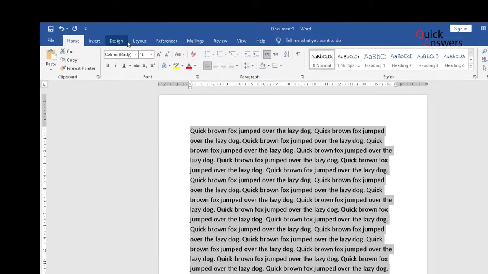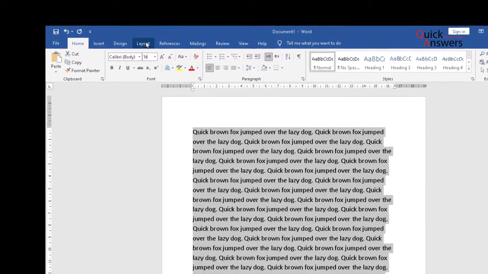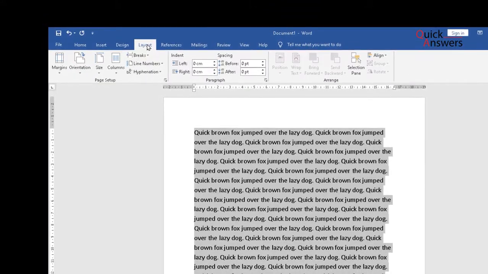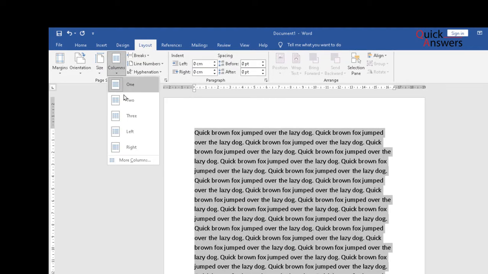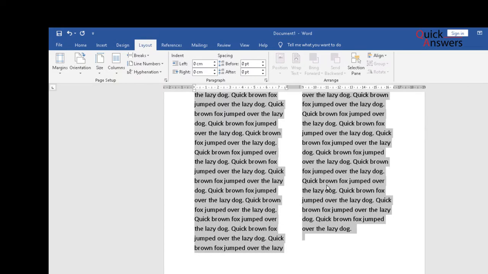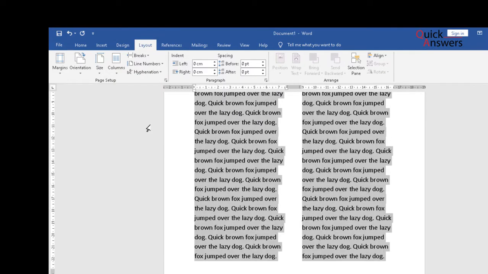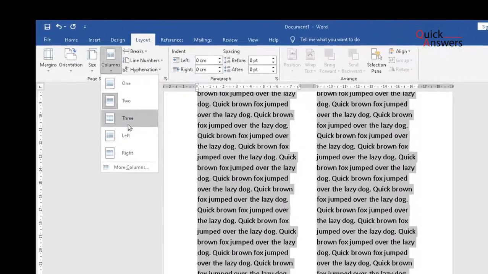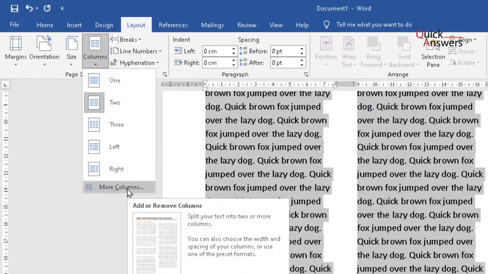do is go to the layout, columns and 2. Can you see? It's turned into 2 columns. If you want more columns, or you can have a different format, then go to more column